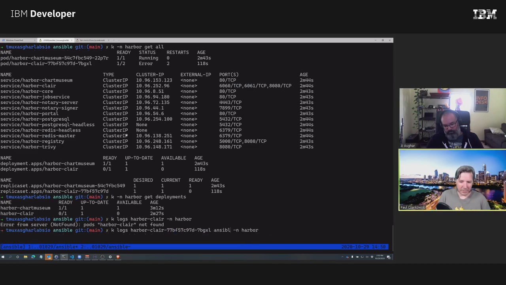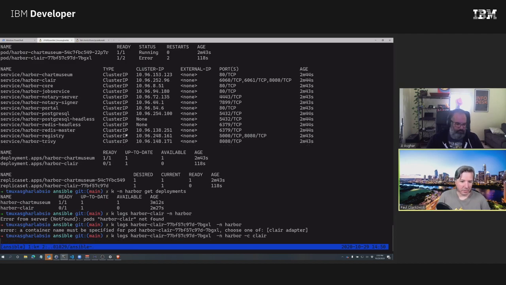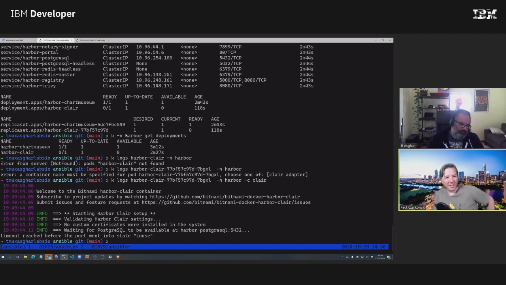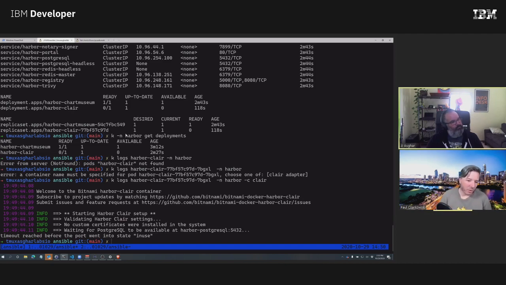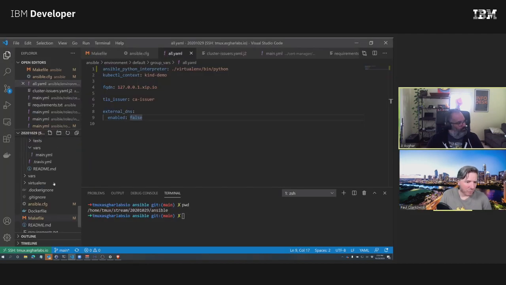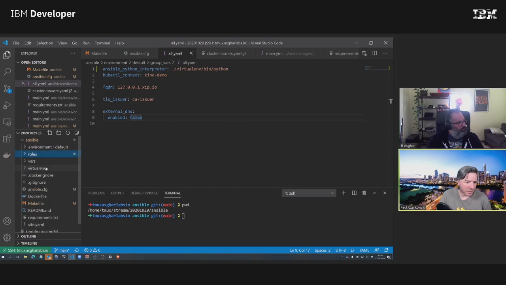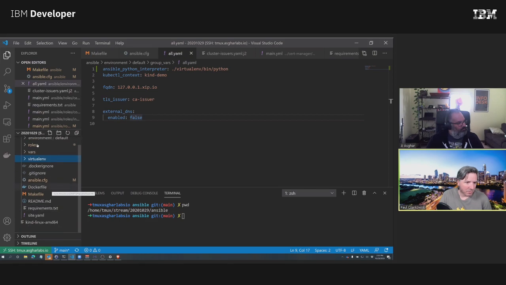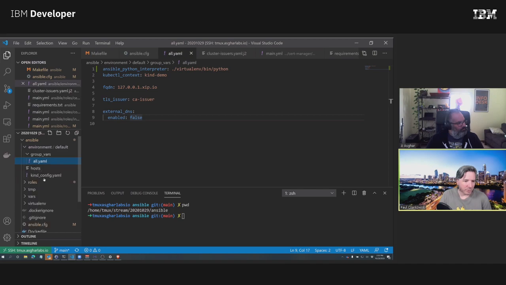Oop, too many tabs. Dash C Claire. Yeah, so that's interesting. I think we just introduced this behavior by using wait. So I wonder if wait is looking at the manifests. And if we look at our rendered manifest, it just wasn't refreshing. Temp, Harbor.